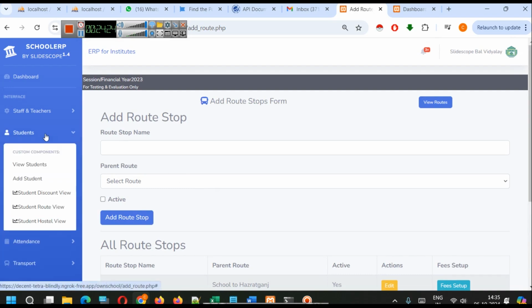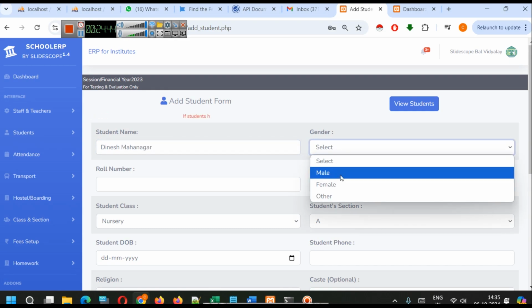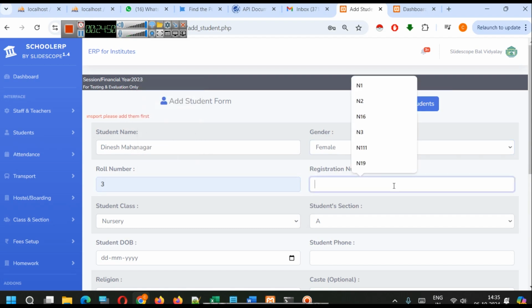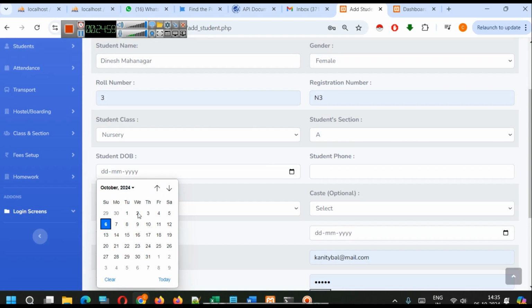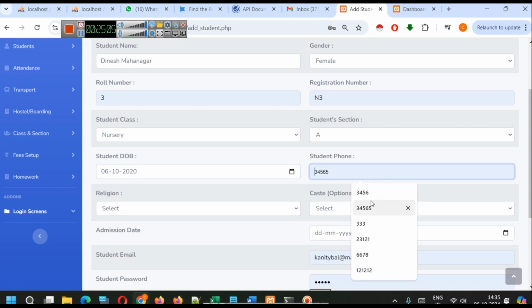Now I will add one more student and this student will go to Mahanagar. So Dinesh Mahanagar. So this student will stop at this particular route point. So that's why I have added them. Let's say female. Roll number 3 and 3. Their class I'm keeping the same. Their birthday 2020, student phone,